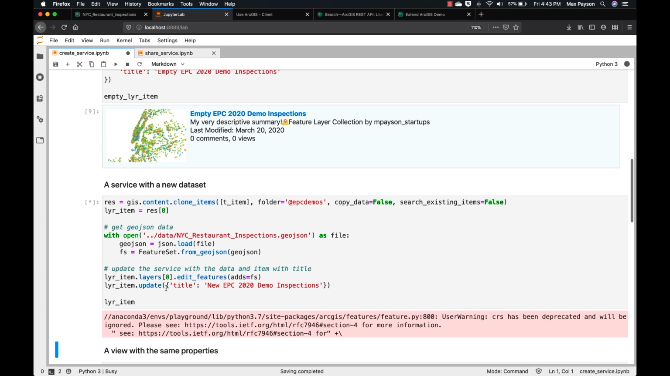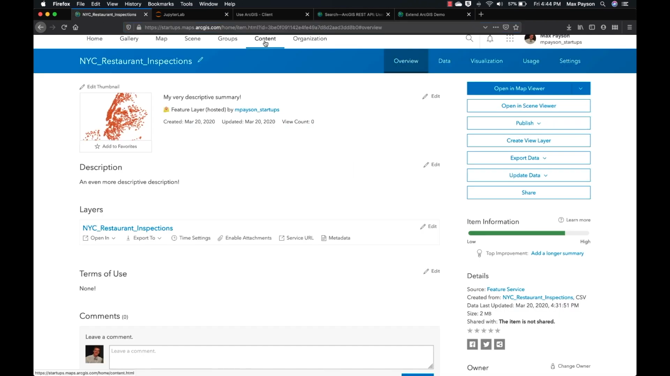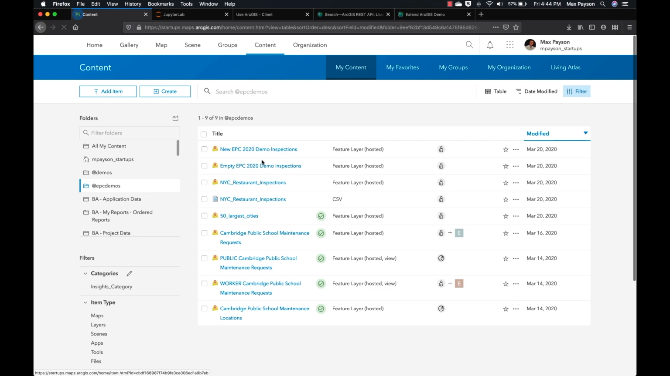Again, we'll give this a hot second to run. Maybe a hot second and a half. Okay, cool, it's done. So let's check out what we got. We go back to content. We now see that we have the empty EPC 2020 demos feature layer, new EPC 2020 demos feature layer,